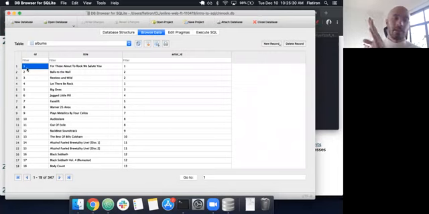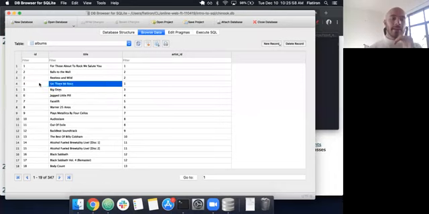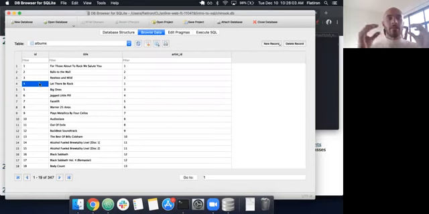Whenever you create a new model and a new table in your database and create your first instance, we start at the beginning, and as we add more albums, the number is going to increment. This is called the primary key. On the albums table, this album is album number 1, album number 2, album number 3, album number 4. This title and this ID are referencing the same instance,